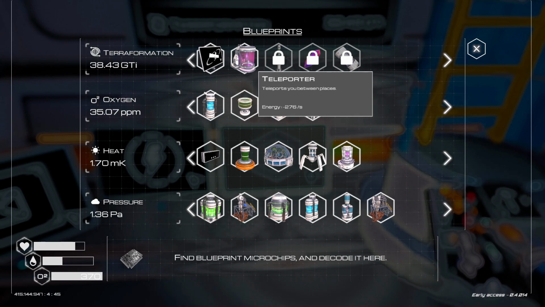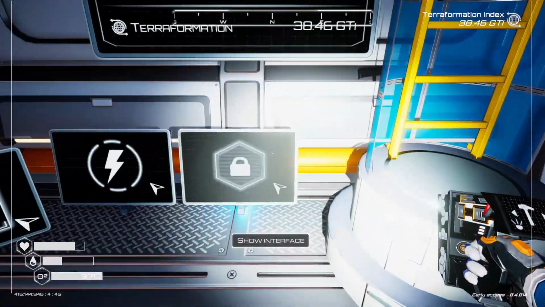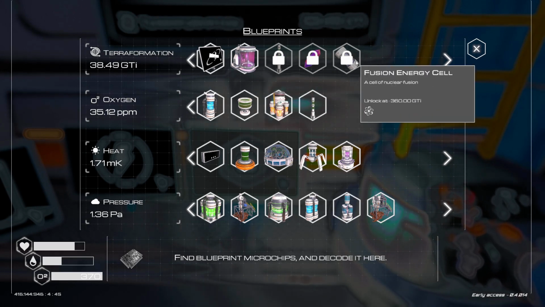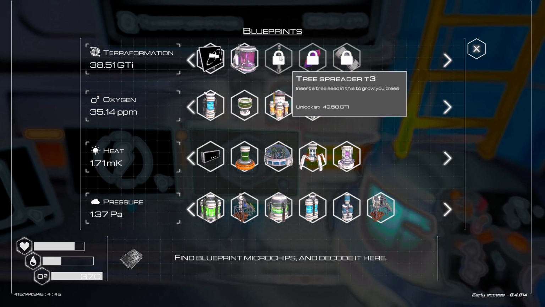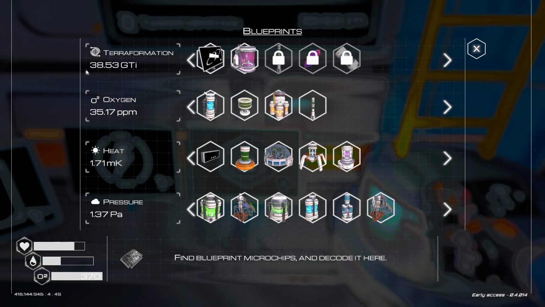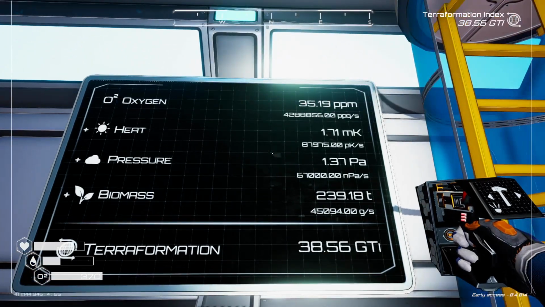We've unlocked the teleporter, but we don't have enough pulsar quartz. We only have 2 pulsar quartz. So we don't have enough of that. And I'm not sure if you can actually place a miner down and actually mine it, because I've only found it in a couple small areas. So we can't build the teleporter. The tree shredder tier 3, we're quite a ways away from that. I don't want to sit here for another 20 minutes, half an hour to an hour, waiting for these GTIs to go up. What we could do, possibly maybe,